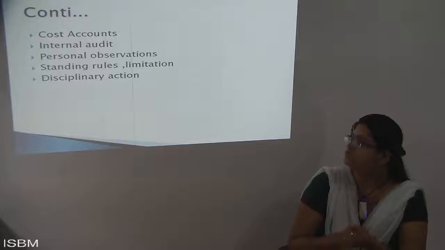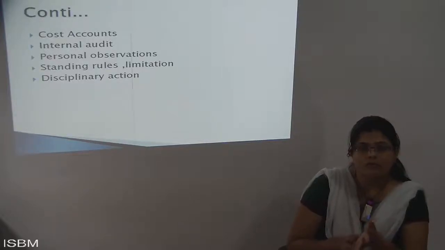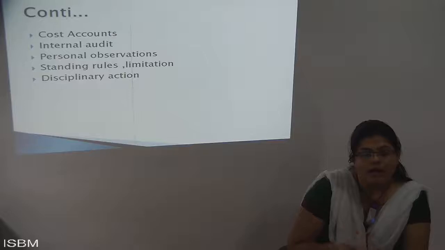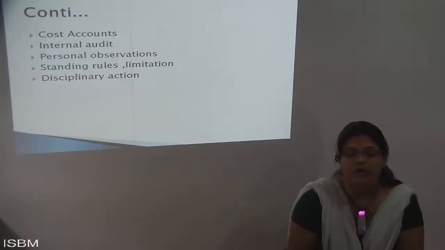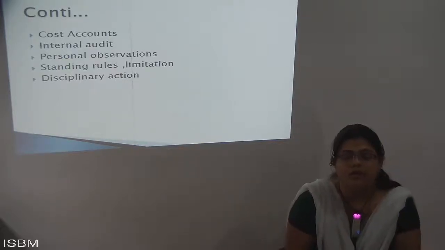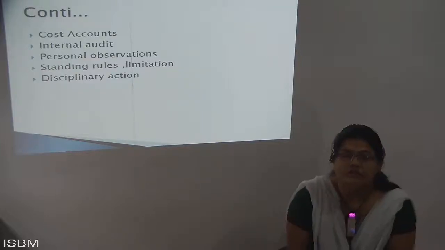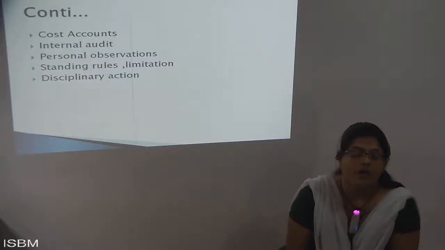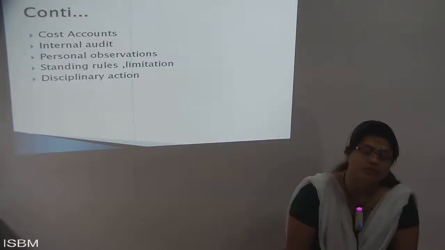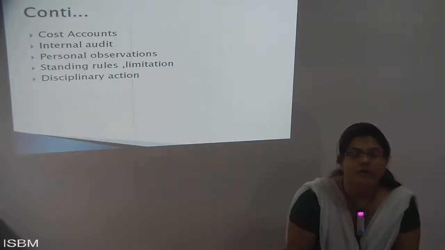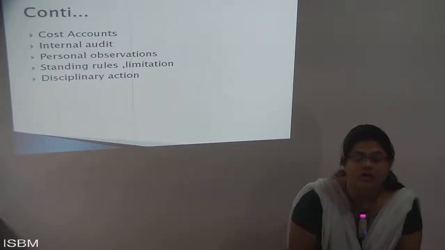Next, it is standing rule limitations. Standing rule limitations are the rules, the regulations, the advantages and disadvantages of doing controlling. I need to know what advantages and what disadvantages I'm putting into this. With the help of this, you calculate the measures and create certain controlling techniques, and with those controlling techniques your work and target completion is done properly.